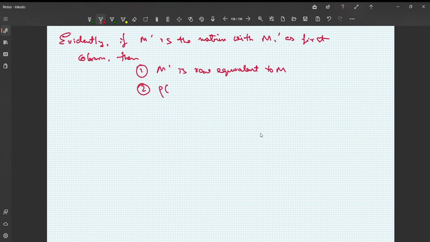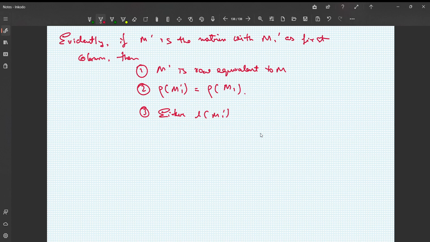Okay. So M dash is row equivalent to M. Number two, the GCD of the elements in the first column of M dash is the same as the GCD of the first column of M1. This is pretty evident from the Euclidean division algorithm and the Euclidean algorithm to calculate GCD. There's nothing too different in it. You know that the GCD between the divisor and the dividend is carried to the GCD between the divisor and the remainder, right? So number three